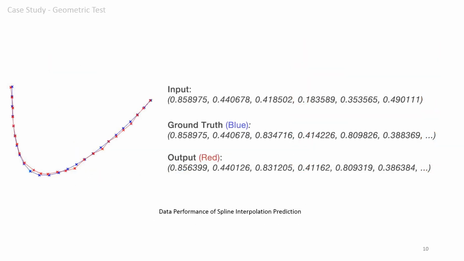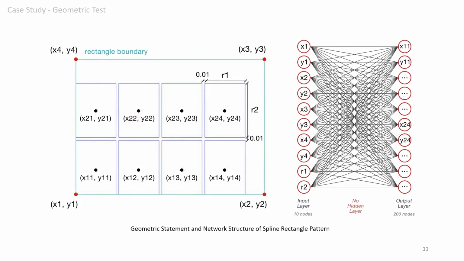After training, the neural network reached a very high accuracy. This case demonstrates that the settings in the network, such as the activation function and the loss function, can also be considered and customized to optimize the networks. Other than directly creating simple geometry data like the inscribed circle or spline interpolation, the third case shows a pattern design in which, for a given boundary, rectangles with fixed side lengths should be fitted into the boundary as many as possible, but a gap with a length of 0.01 unit should remain between rectangles.